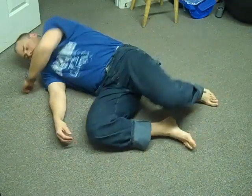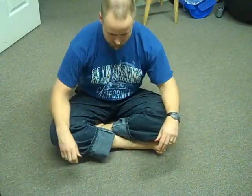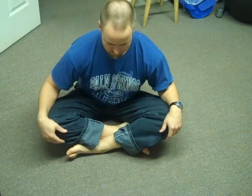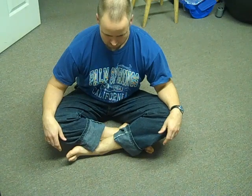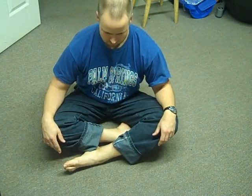And just notice for yourself how high your legs rest from the floor. Are they straight up towards the ceiling? Are they flopping down towards the floor? Are they somewhere in between? Is it a comfortable position? Is it an uncomfortable position for you? Now, once you get a good idea of how you sit cross-legged on the ground,